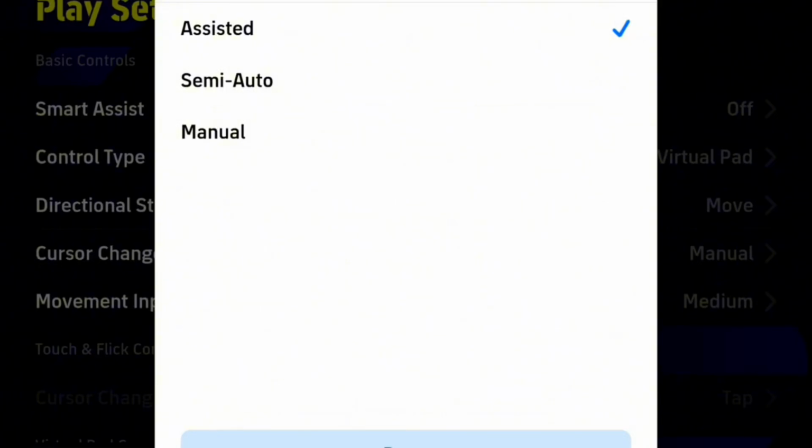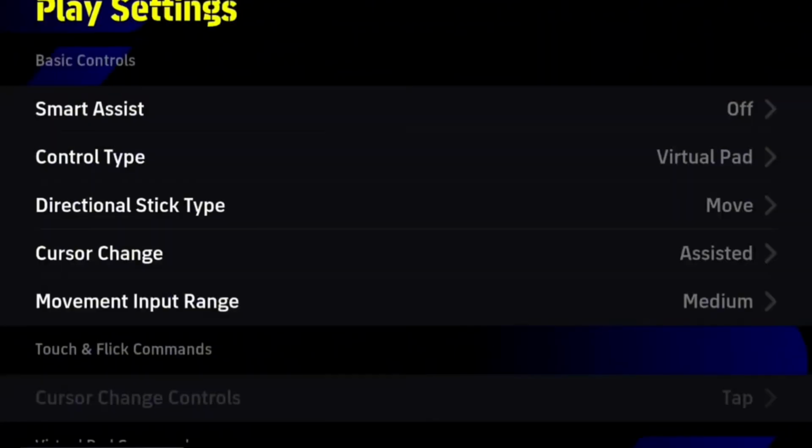This is easier for beginners, but it can sometimes switch to the wrong player at the wrong time, especially during counterattacks. Semi-assisted is a mix of both. It lets you switch manually, but adds a little AI help for smoother transitions. Personally, I recommend assisted for most players who want quick reactions and smooth gameplay, but if you're confident in your defending and positioning, manual is the